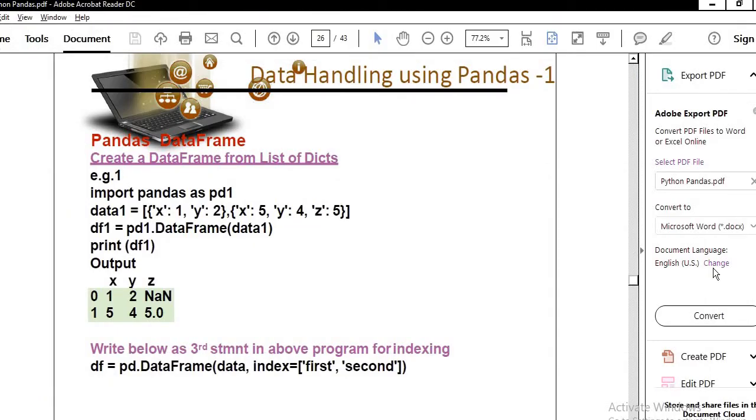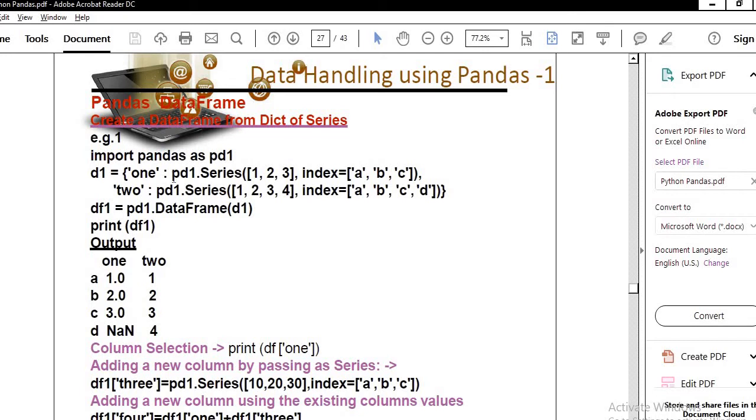So now we move to the last example of the day for data frame. That example is, now we are going to create a data frame from a dictionary of series. So this dictionary is containing, now this is the first series, this is the second series. Clear? So this dictionary is containing two series.